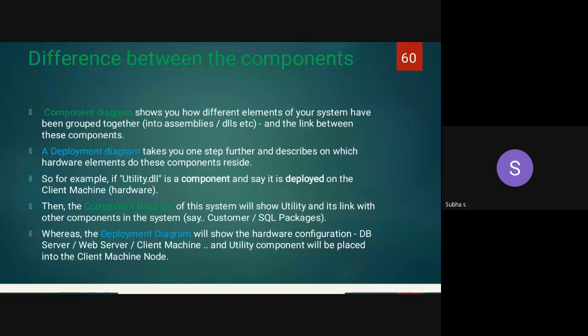One thing I want to say, the component and deployment diagrams are both dynamic in nature. Both refer to the physical components only. The component diagram we have already covered. Does anybody remember what I stressed, because it is a very important thing? This question was asked two times in the 4 marks and 5 marks. So that is why I stress this difference.